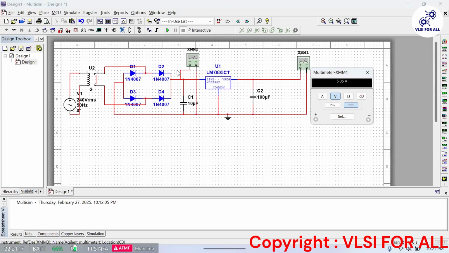See, if you are giving, so here also it is coming because at this point it is getting converted actually. That voltage to 12 volt is stepping down at this point. 12 volt AC. At this point, it is now 12 volt AC. Okay. Then this bridge rectifier is converting it to 12 volt DC. And then it is coming to be 5 volt at this level. So this is how we try to simulate the whole circuit.